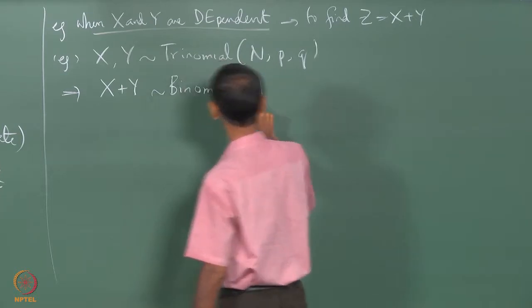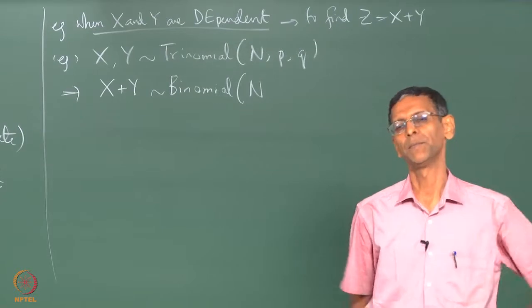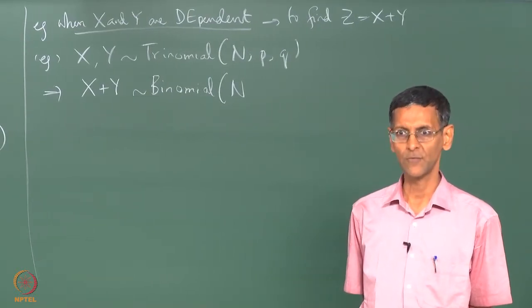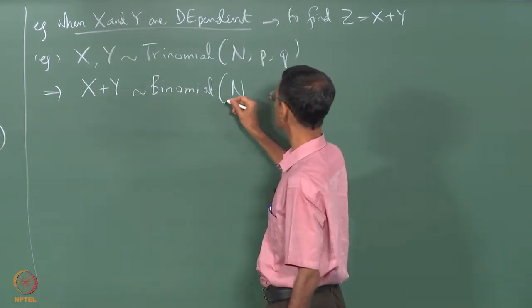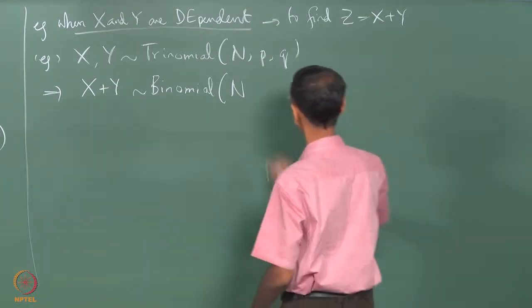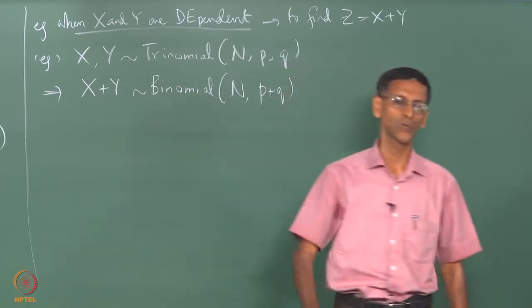This n can never increase because you have a total of n trials, or n times you are throwing n balls into bins, right? You do not have more than that. So you cannot get 2n or any such thing. So it has to be limited by this n, but the probability of that box would become bigger